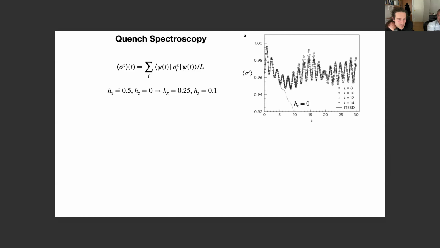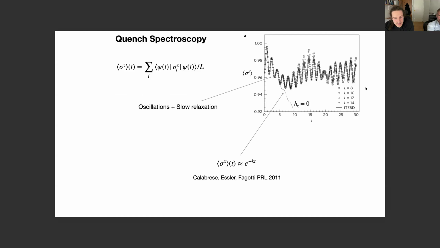stable oscillations. And in this work, they were basically comparing different numerical techniques, and the presence of this oscillation is quite evident and stable. But essentially, in this paper is actually where this behavior was computed exactly, with the exponential decay that we would observe in the quench without the longitudinal field. But now what's happening is that